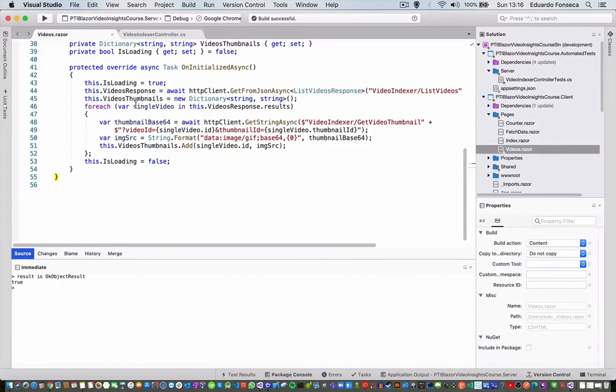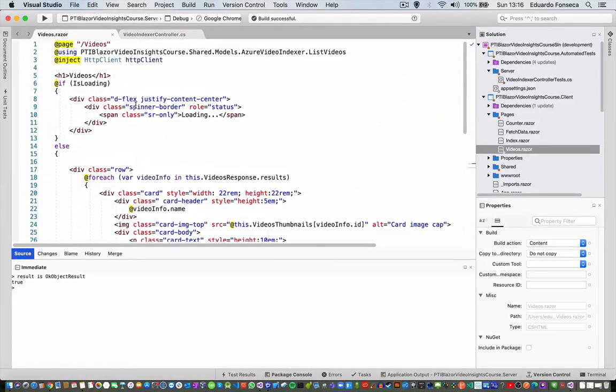Okay, so now what we are going to do is implement the retrieval of the thumbnails for our page. We already have the videos page, and I want to modify this page. Basically, what we need to do is make sure to have all this code in here,